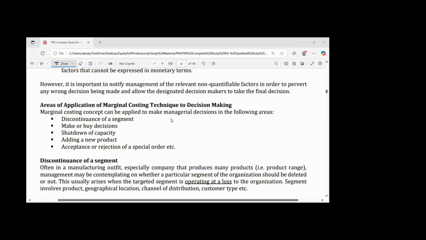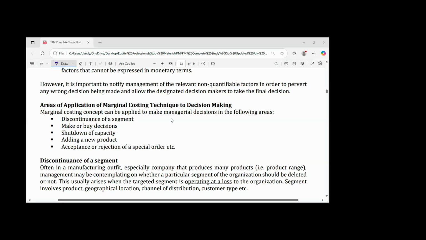Five, adding of a new segment or a product. Six, pricing decision. Seven, optimal product mix. Eight, linear programming. Nine, cost, volume, profit analysis. These are some of the areas in which you can use marginal costing technique to aid